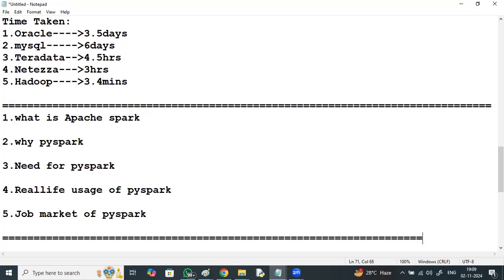Why PySpark? Need for PySpark. Real life usage of PySpark. Job market of PySpark.